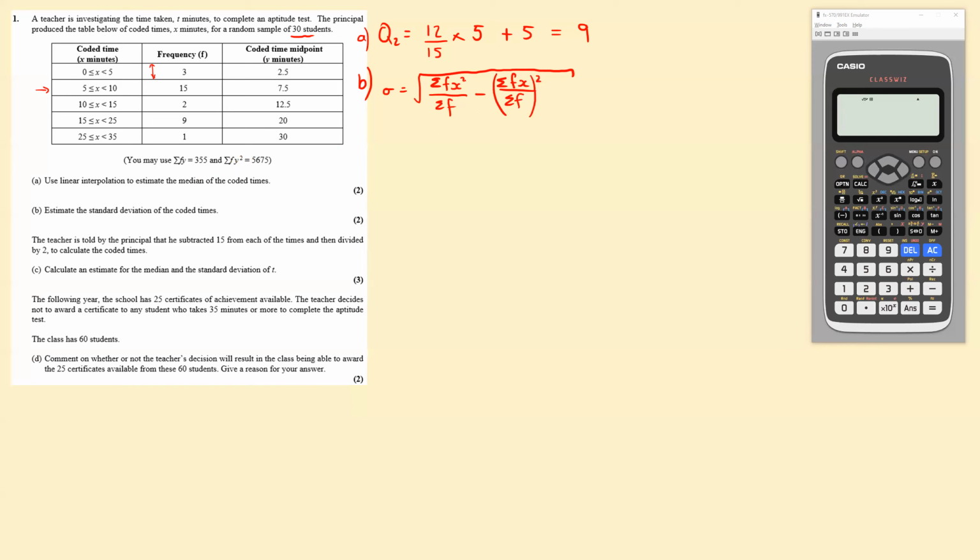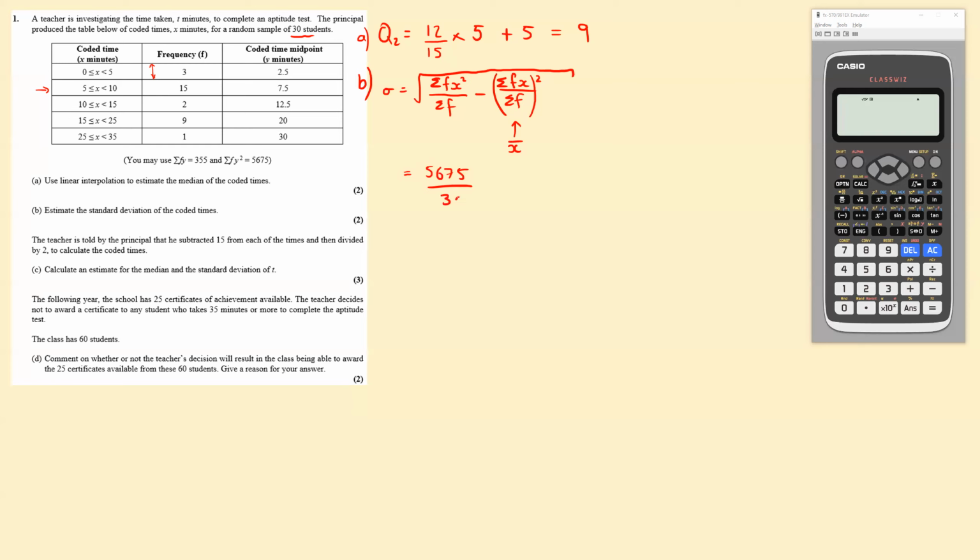So it's the mean of the squares minus the square of the mean, because this bit here is actually your mean, this is x bar. This is the square. So it's the mean of the squares. So I'm squaring the numbers, then dividing by however many there are. So the mean of the squares take away the mean squared. Bit of a mouthful. So when you put that in, you're going to get 5675